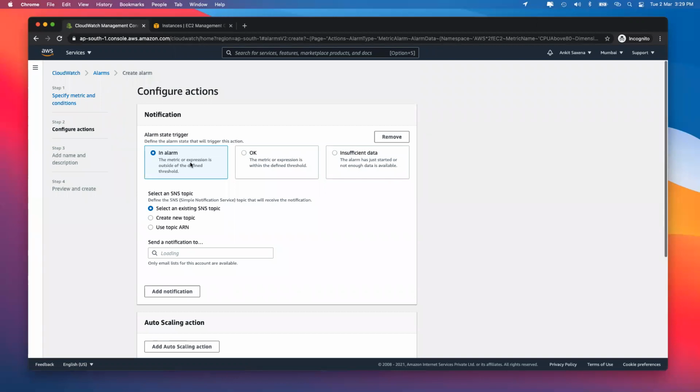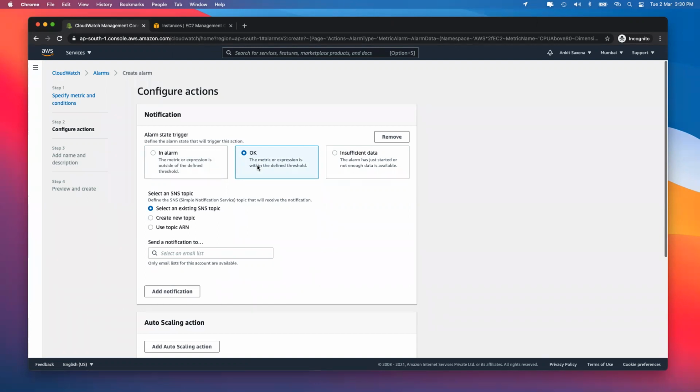In alarm is when, let's say, you have created an alarm for CPU more than 10%, so if the CPU goes above 10, that's an alarm. OK is when it remains less than 10, so that's an OK state for you. If you have created an alarm for, let's say, 80%, then the alarm state will be anything more than 80.